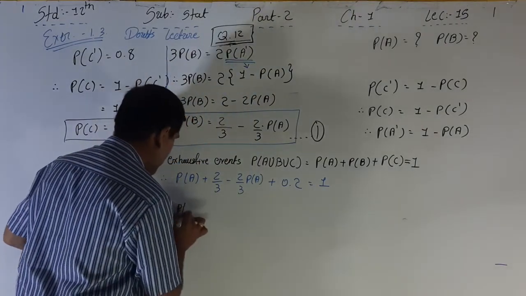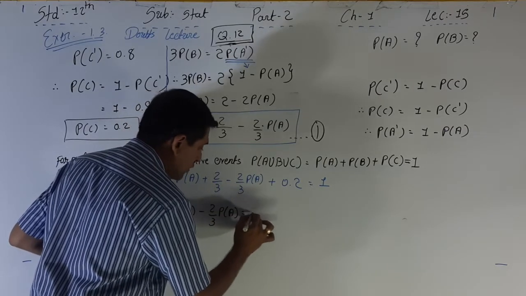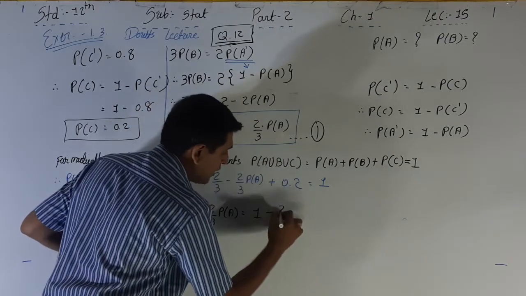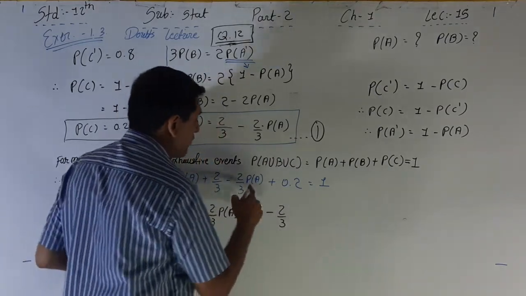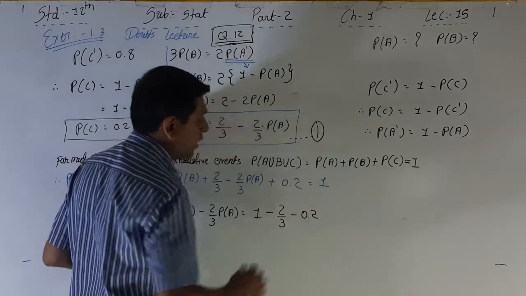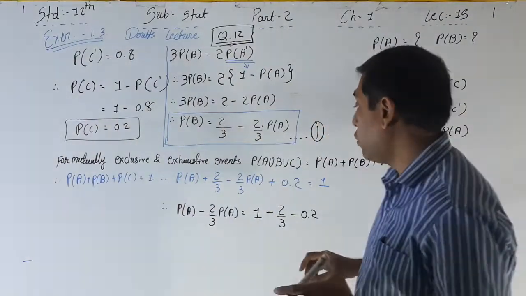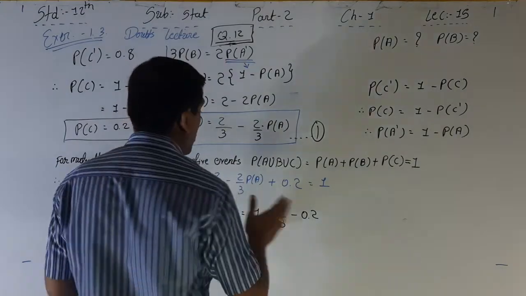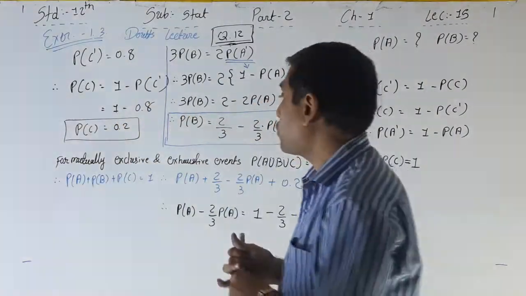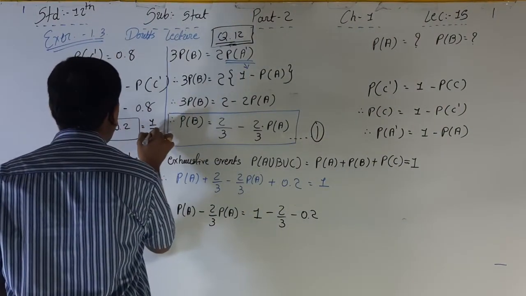P of A minus 2 by 3 P of A is equal to 1 minus, see, 2 by 3 transfers to the opposite side, that's why minus 2 by 3, and here 2 is also transferred to the opposite side, 0.2, that's why also minus. Okay, so here what we have to do, see, we have to convert that 0.2 into fraction format, right? So here 0.2 is equal to 1 by 5,